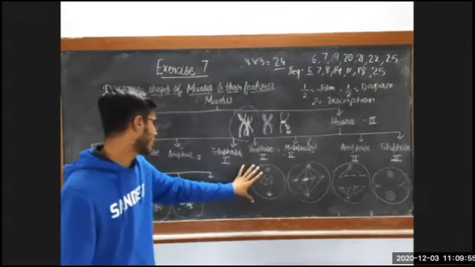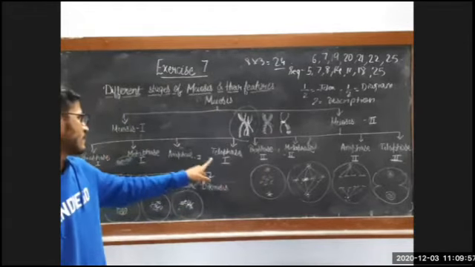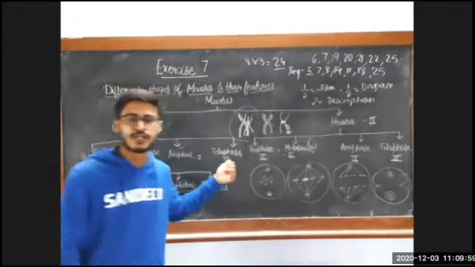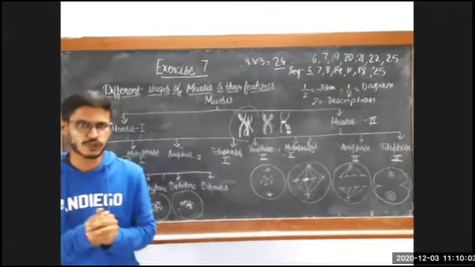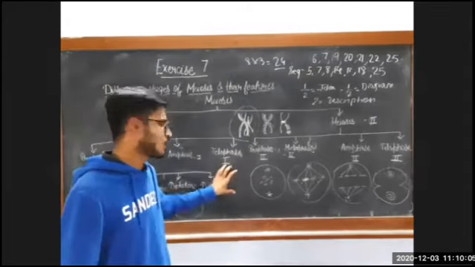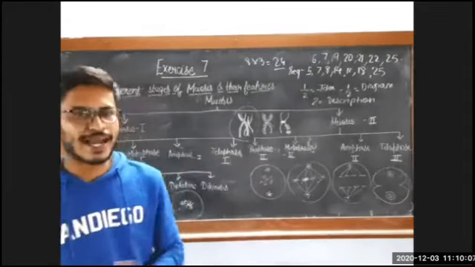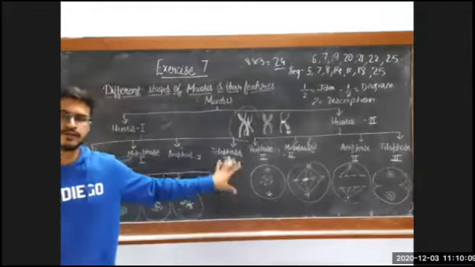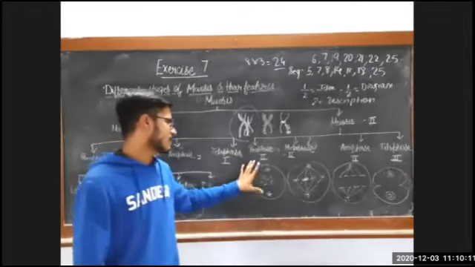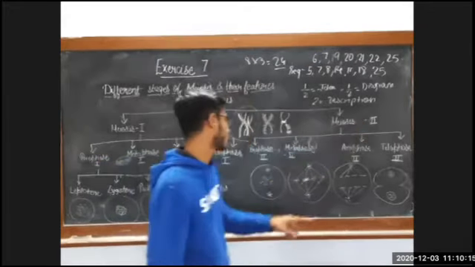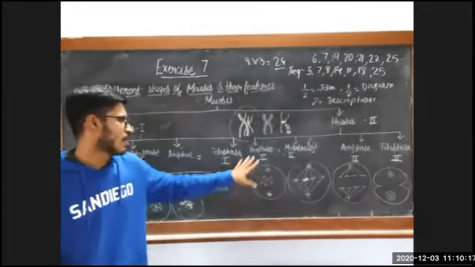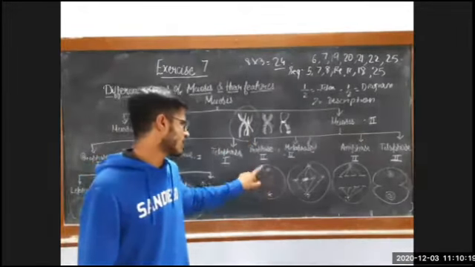Now in prophase 1, metaphase 1, anaphase 1 and telophase 1. In telophase 1, it all comes together, the chromatin and all, and two distinct nuclei are formed. Now when we enter meiosis 2, first is prophase 2, which is normal,